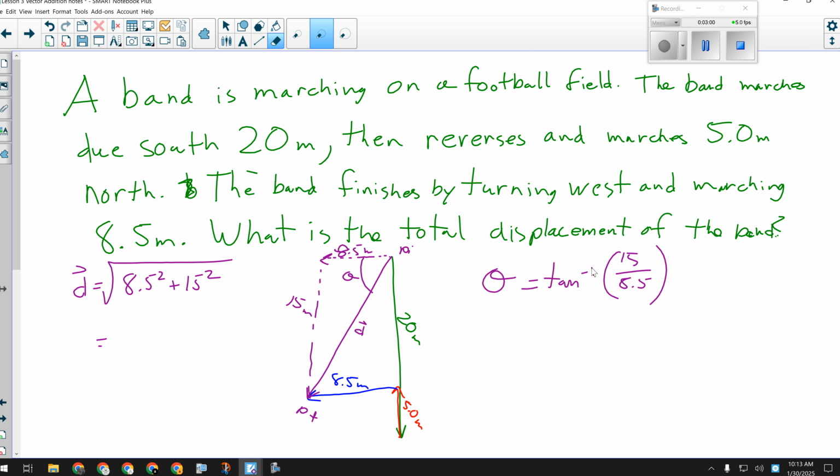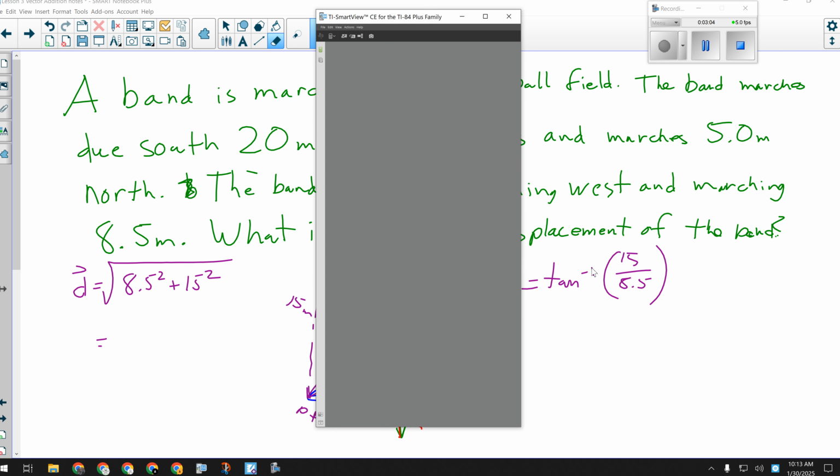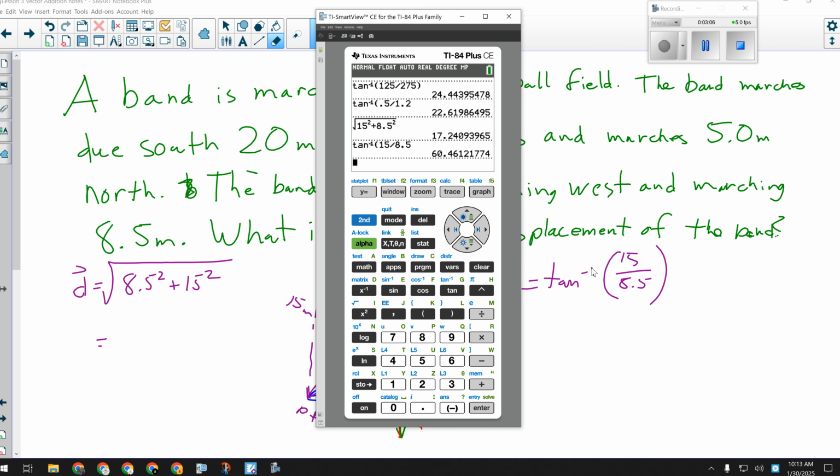If you drew the triangle the other way, that's totally fine. You're just going to get the complementary angle. Mine's going to be south of west. Yours will be west of south. That's totally okay. All right, so our Pythagorean theorem calculation, 15 squared plus 8.5 squared,